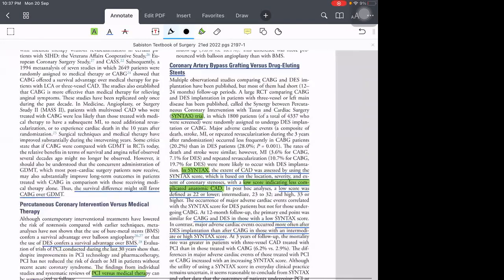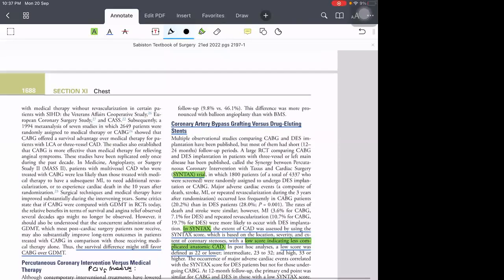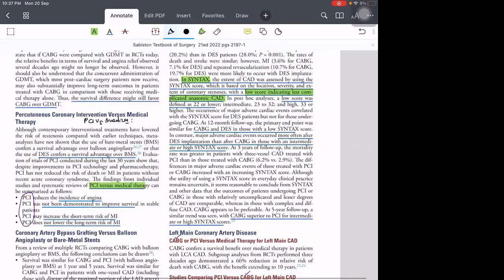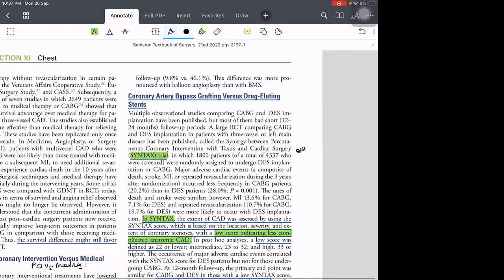that's not important. And then I'm coming to the comparison of treatment with many other modalities. First they are telling about PCI versus medical treatment. If a patient comes with MI, you can go for PCI, medical, or surgical. Options are many, so they're just comparing which one is best. For that, first they are telling about one trial called the SYNTAX trial. The SYNTAX trial is a very important trial. It tells about CABG versus drug-eluting stent.